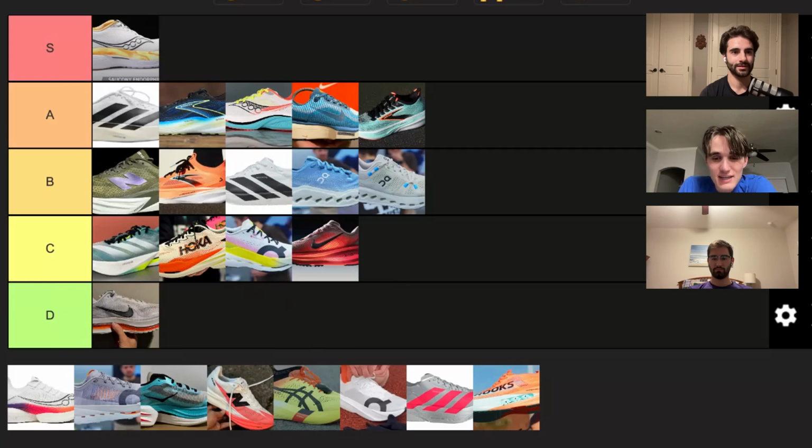I would put it definitely in A tier. To me, it feels almost comparable to the Vaporfly, and to my knowledge, it's one of Nike's only super stack shoes that they currently produce. That's going to be changing in 2025, but I think the Zoom Fly is just over 40 millimeter stack height, and it has a good amount of ZoomX in addition to that carbon fiber plate,